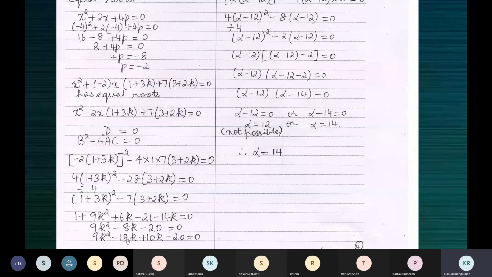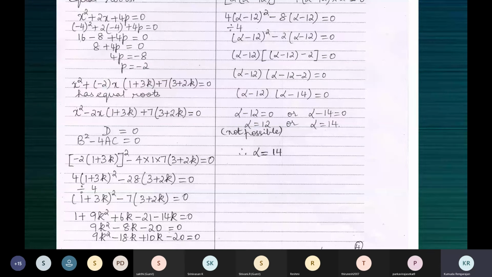So solve this one. You can split the middle term, or you can solve by completing the square, or you can use the quadratic formula. Now that you know 3 methods, you can use it everywhere you see a quadratic equation. If you have to solve the quadratic equation, you can use any one of these 3 methods.